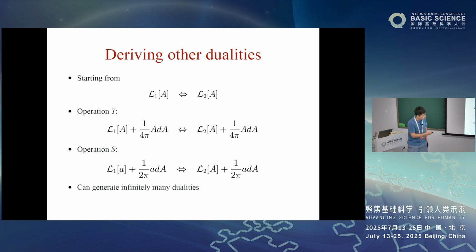As I said, it's most likely to be true. And what we and others have realized is that now you can start from one duality and come up with many others, essentially infinitely many others. So you can start from a duality statement like this: theory 1 is dual to theory 2. Both theories have a U1 global symmetry, so you can couple that to a background U1 gauge field. And then there are two operations you can do.